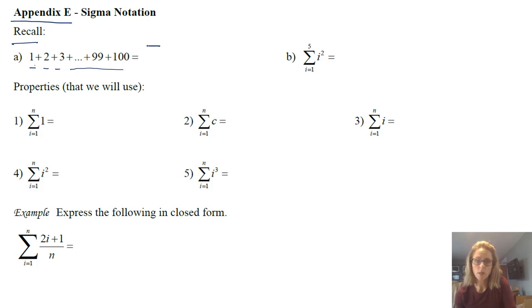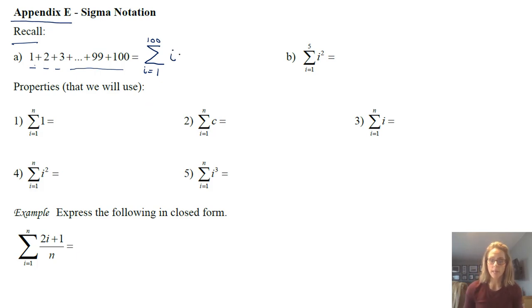So we use sigma, which indicates that we're going to be summing something, adding things together. We often use the letter i to denote where we're starting. So I'm going to start with i being 1, and in this case, I have 100 terms. So up at the top goes where I stop, so that's going to be 100. Then what I'm adding up is just 1 plus 2 plus 3, and that's what happens as i changes. So what I have inside is just i.